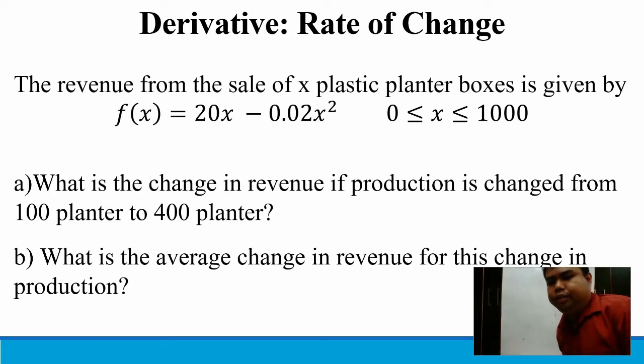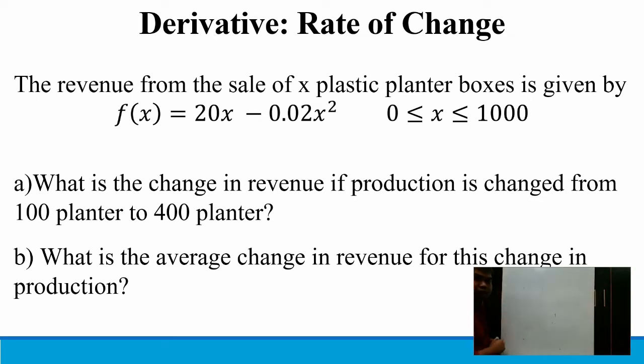Please look at here, which means that for A, we want to find the change of revenue. If you want to find the change of revenue from one part to the other, you take the higher one, which is f(400), minus f(100). You want to know the revenue when it changes from 100 to 400, so you take the higher one minus the lower one. Okay? f(400)